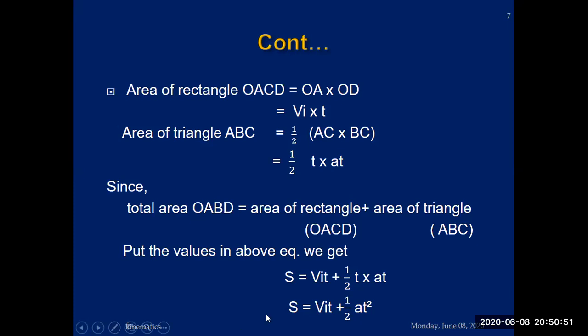But if the distance is given and you are asked, the body starts from rest, after covering 20 meter distance in 10 seconds, what will be the acceleration produced? Then you will put the values of all quantities in this formula or equation, and you will be able to calculate the acceleration produced in the body. This is the simplest technique to apply. You have to move along with the statement like I'm reading here.